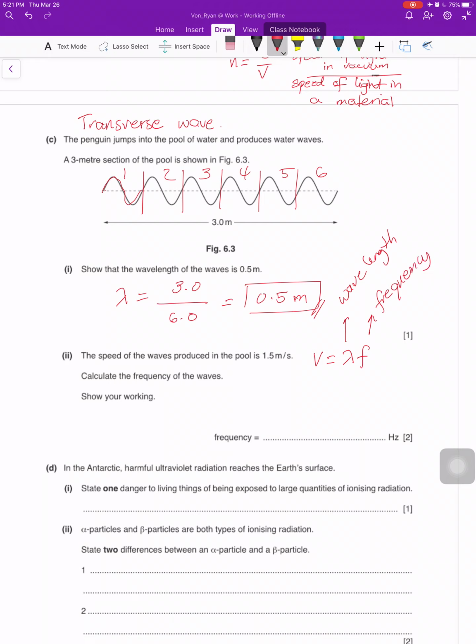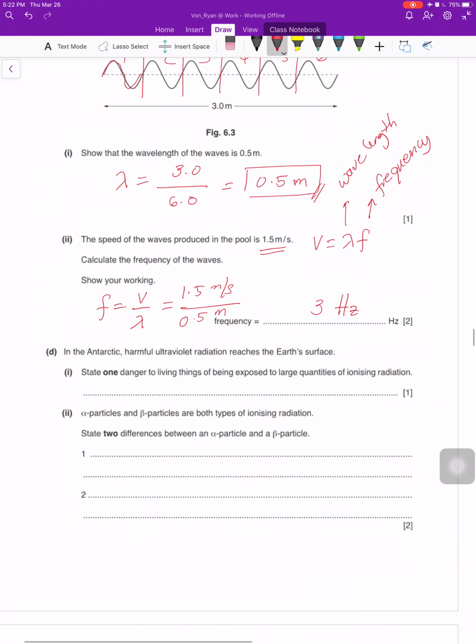So if we're looking for frequency, f is equal to v over lambda, and since we're given v, it's 1.5 meters per second divided by lambda, which is 0.5 meters, and we get 3 hertz. So that means in 1 second, there will be 3 cycles